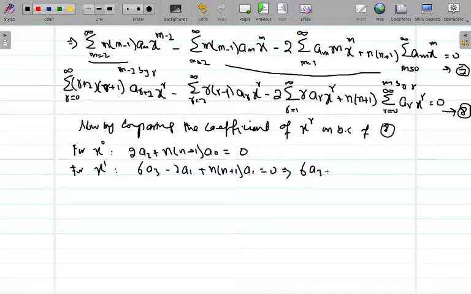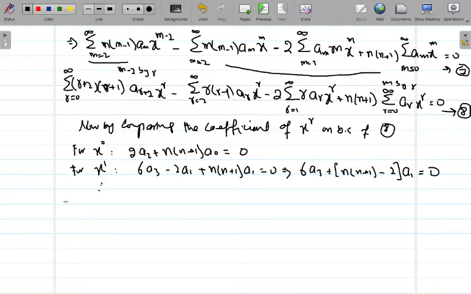6 times a3 plus, this is n plus 1, while taking a1 common we can write this equation, right? So similarly for x power 1, for x power 2, for x power 3, and so on,